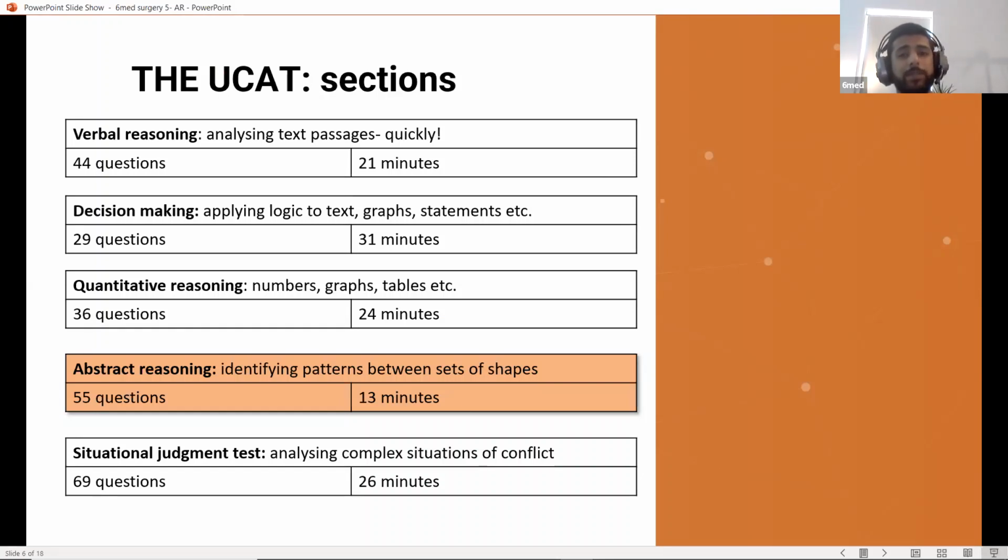You don't really have much time to be working things out during this section. It's very much about recognizing patterns, and if you're spending longer than about 20 seconds on a question, you should already be flagging it, guessing, and skipping on to the next one. Some of them can be super difficult and some can be really easy, so bear that in mind.